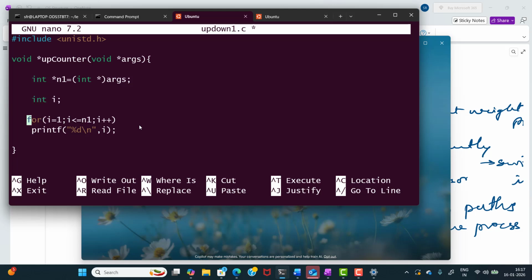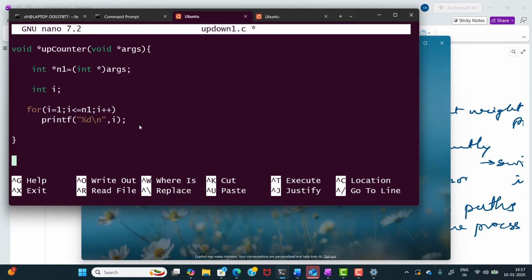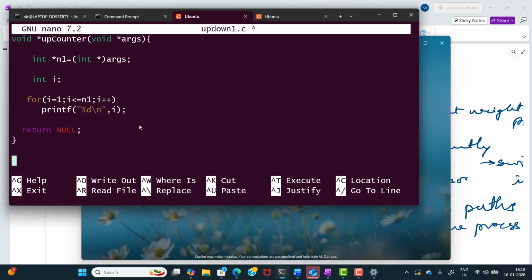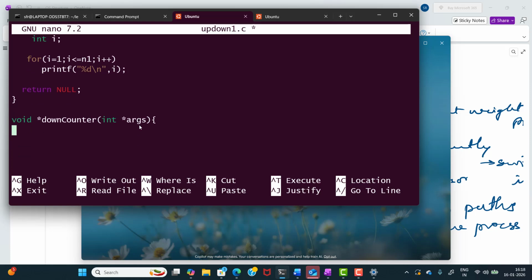Here again, I declare int star n2 is equal to int star argus. int i. So this will be a down counter. So for i is equal to n2, i greater than or equal to 1, i minus minus,